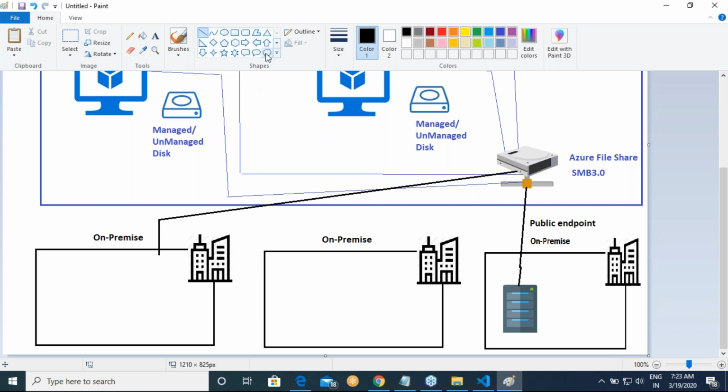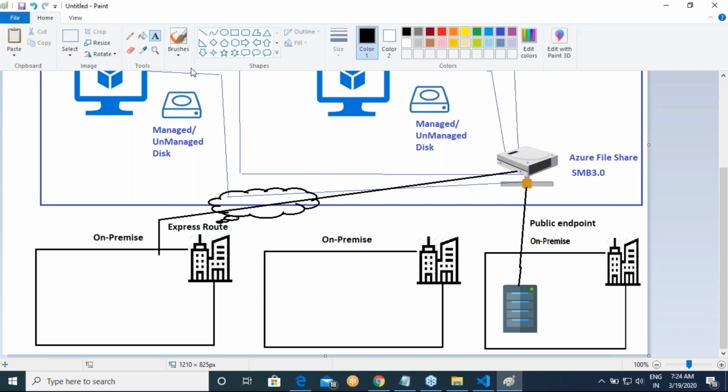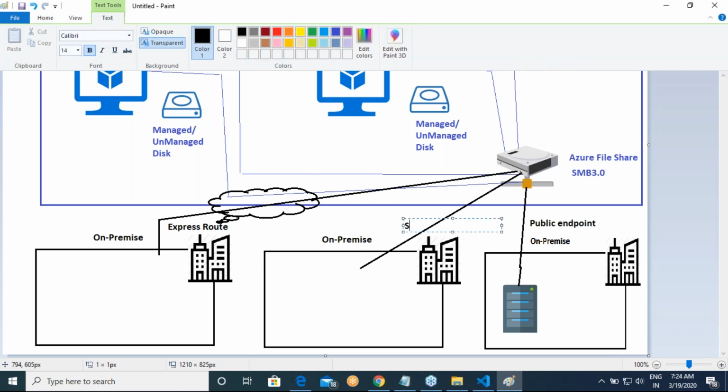The other one is ExpressRoute. The third one is private endpoint with site to site VPN.